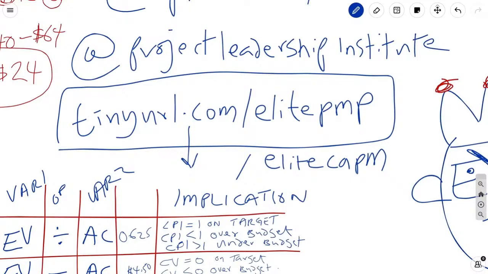For those who want to go deeper into it, because maybe your work demands it, maybe you're in a PMO that is very earned value conscious, and you want to know more, stick around because I have another 2 hours of training for you. For those of you who feel you've already gotten what you need for your exam or just for your understanding, this will be a good time for you to ask me any questions about earned value.